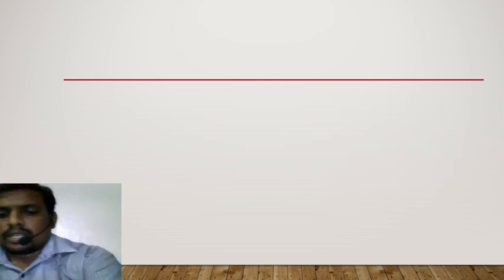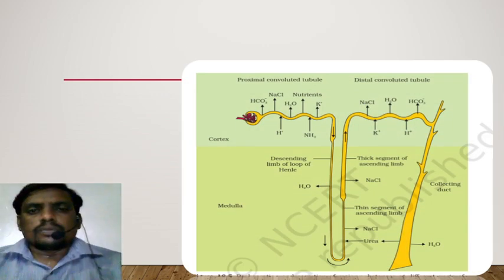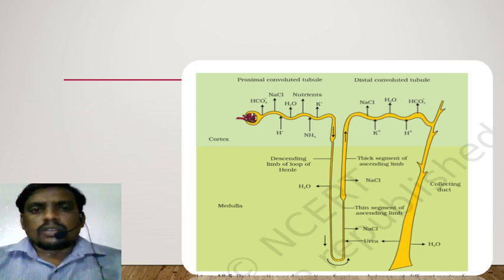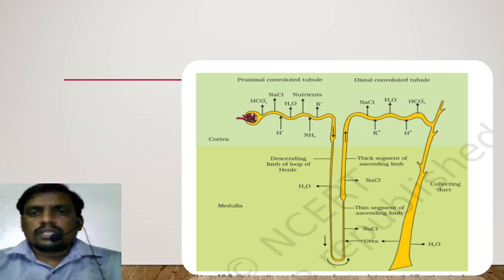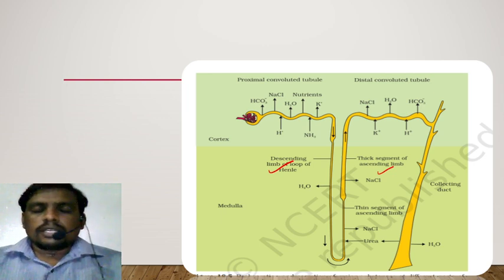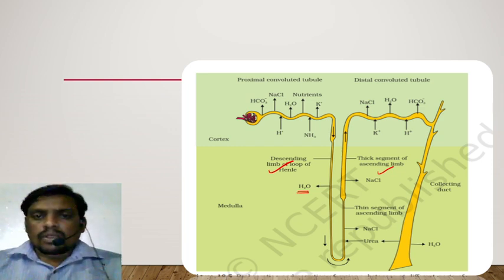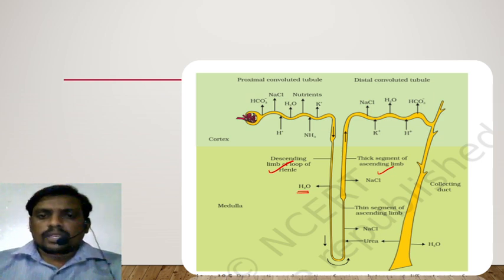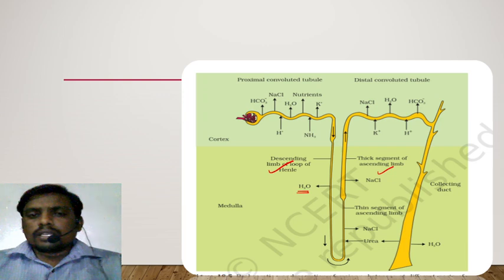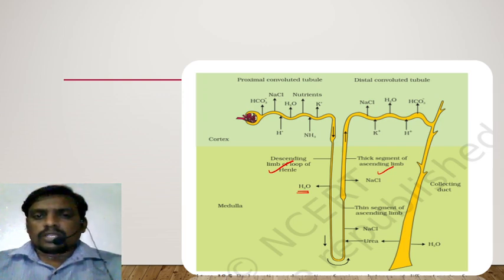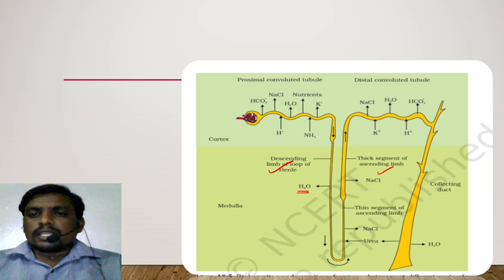Here you can see in the diagram clearly the proximal convoluted tubule and the distal convoluted tubule, the descending limb of loop of Henle, and this is the ascending limb of loop of Henle. In the descending limb you can see the permeability to water directed into the interstitium, the arrow mark is mentioned like this, and it is impermeable to electrolytes, that's why not mentioned. Whereas the ascending limb of loop of Henle is